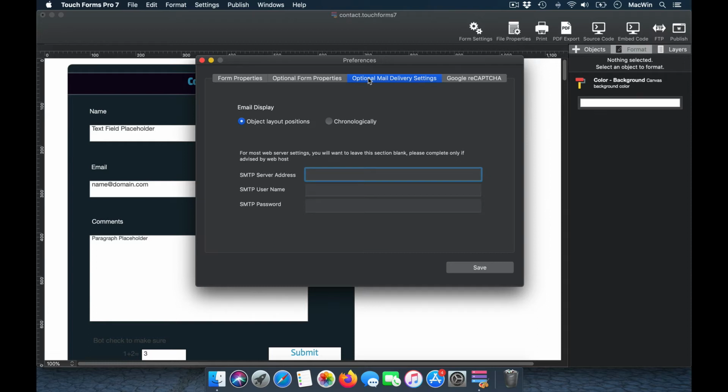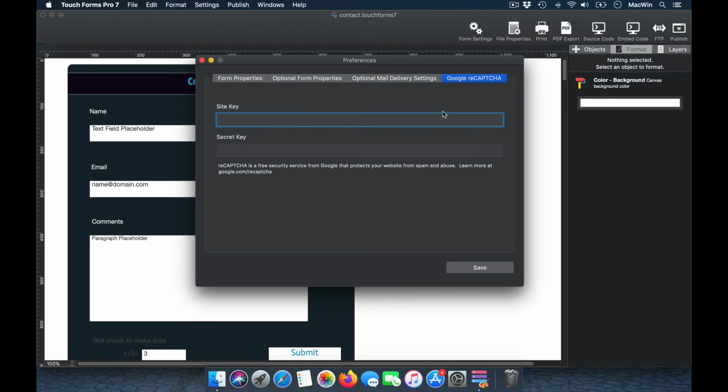If for any reason the mail is not sent, then you have to go with an SMTP setup. I'll post another video with complete details about the SMTP gateway. For now, you can use smtp.googlemail.com or gmail.com with your SMTP username and password. That's your normal username and password of your Gmail ID, and you can just save them.